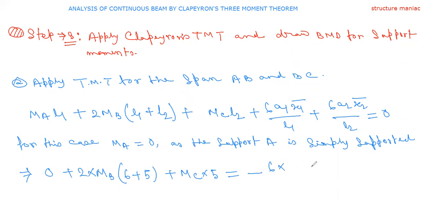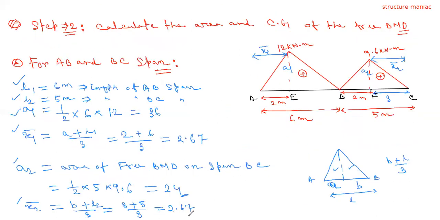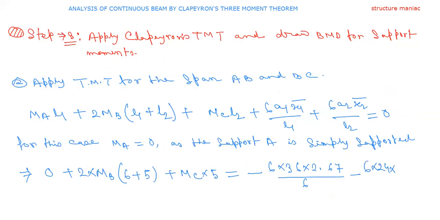What was the value of A1? 36 into X1 bar 2.67 divided by the value of L1 is 6, minus 6 into what was the value of A2? 24 into X2 bar, and the X2 bar value is 2.67. That's why we calculated separately the value of the area and the CG distances, because we can directly now apply the theorem for these two spans, and we already have the values. So 24 into 2.67